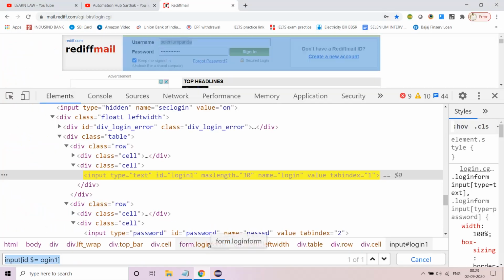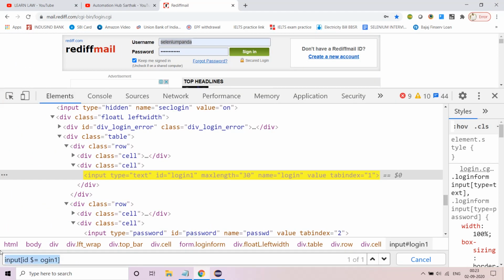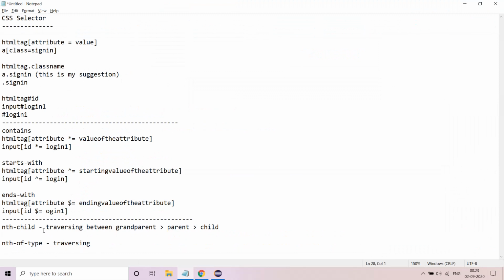Okay, now let's go ahead. When do we use this particular traversing? In XPath, when do we use traversing? When the original element might not have an attribute like ID, name, or class, which can be directly operated.